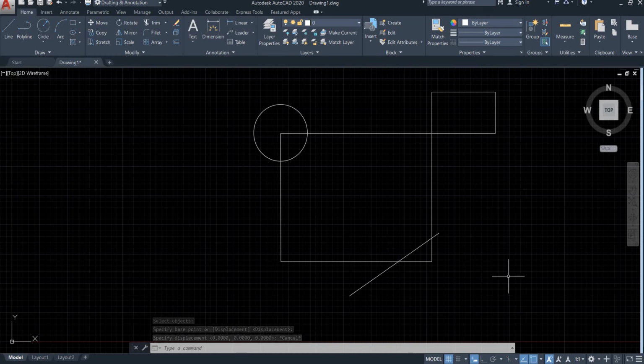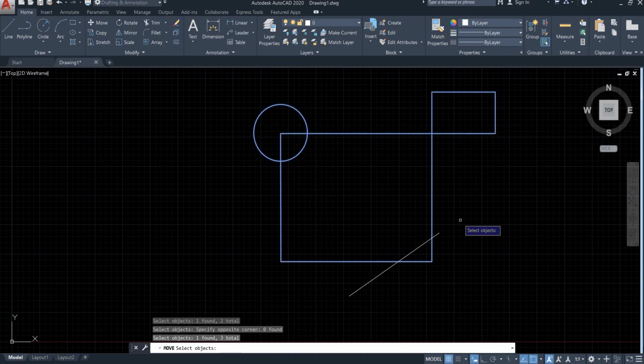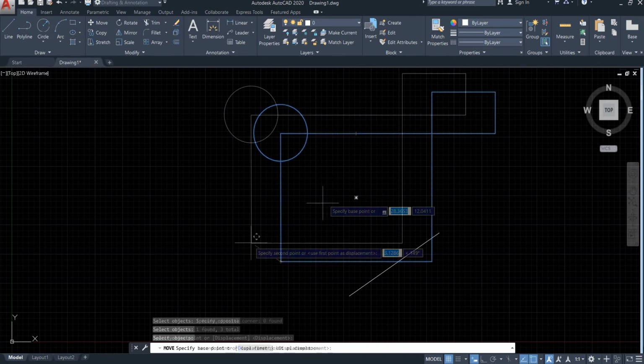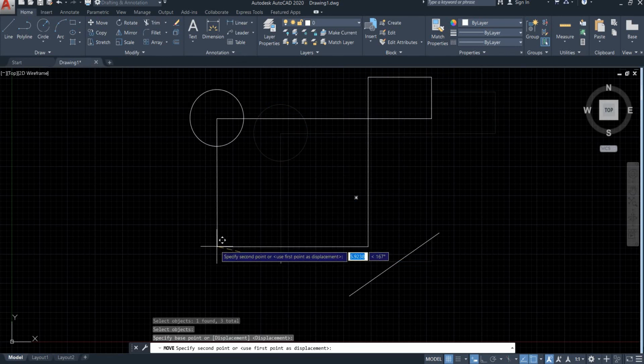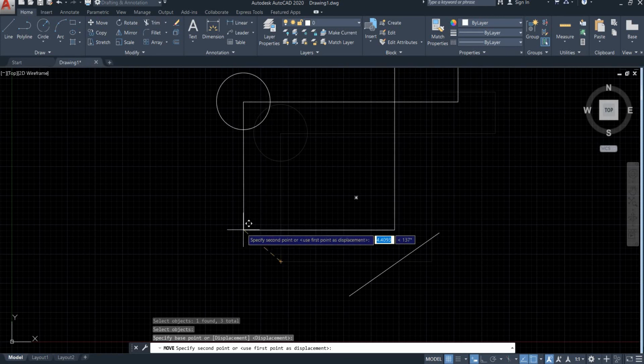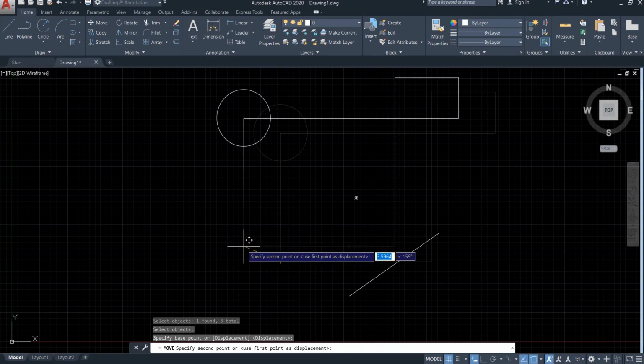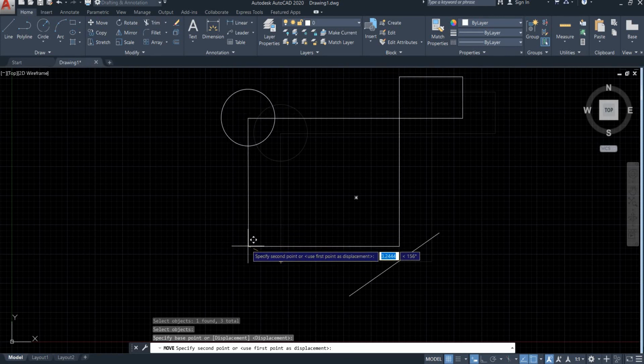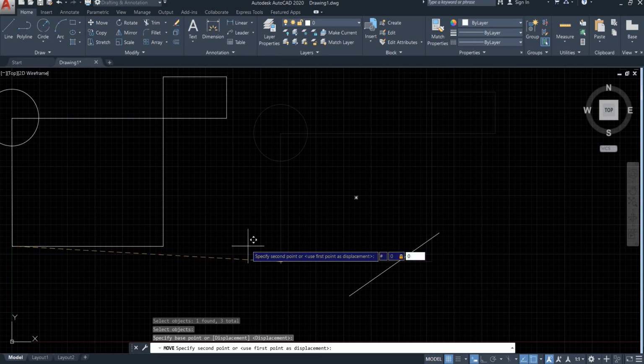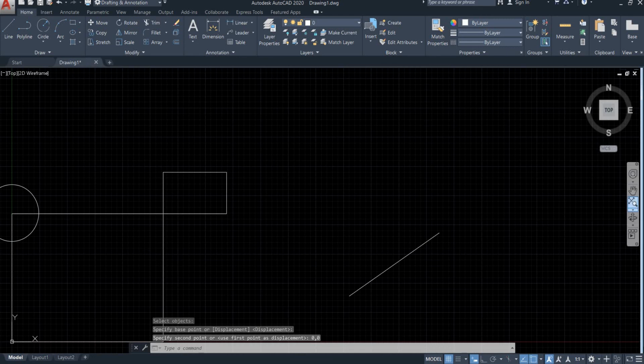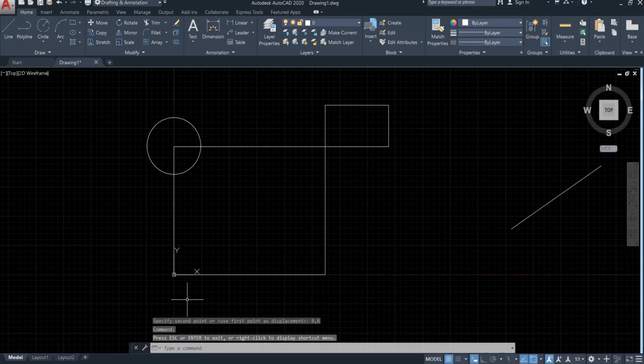Let's activate the move command again. You can specify multiple objects at a time. Press enter. Specify a base point. And this time I'm going to specify the coordinates. So I'm going to move this picked corner of the rectangle to the origin. So you can use absolute coordinate system, use hash 0, 0. Press enter and you can see here that the corner of the rectangle has been fixed to the origin. Similarly, you can use the relative coordinates or you can use the polar absolute or polar relative coordinates.